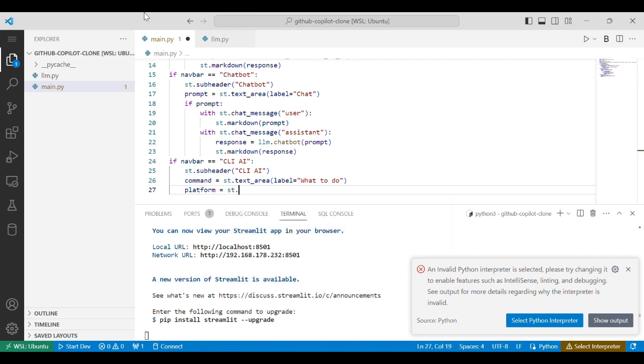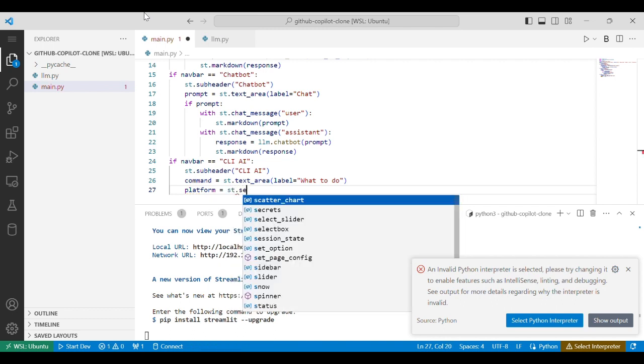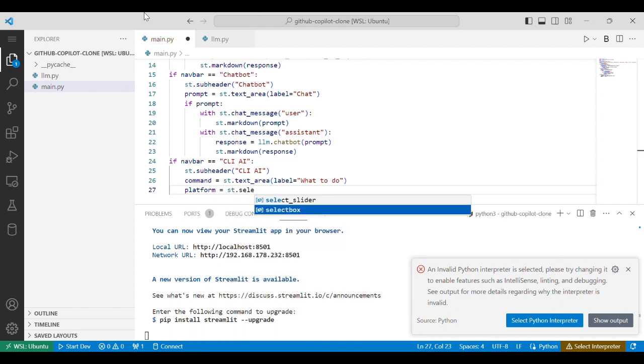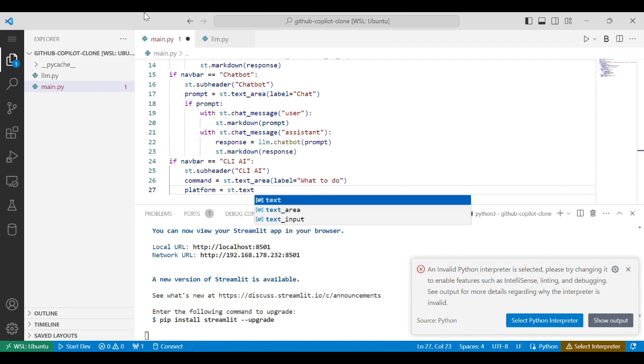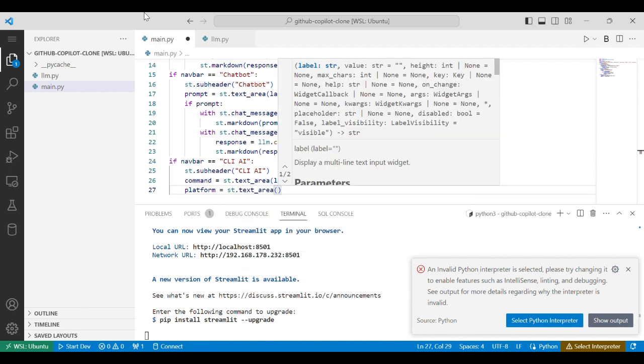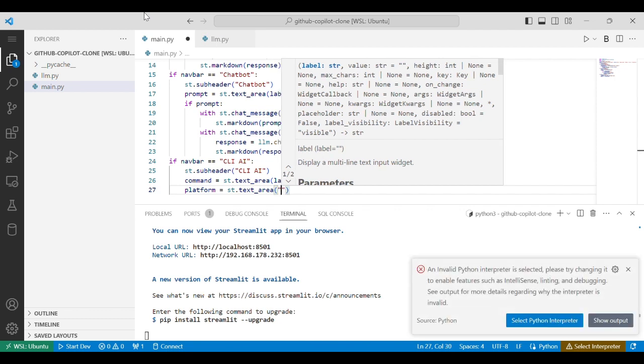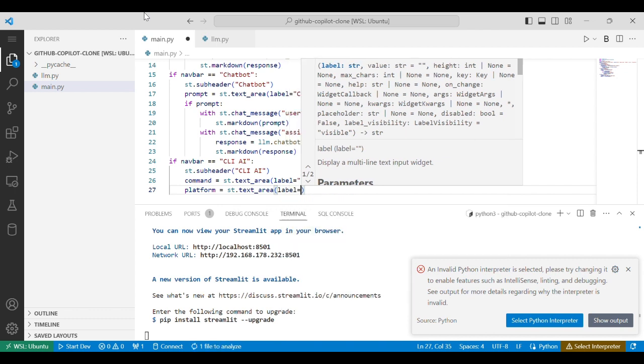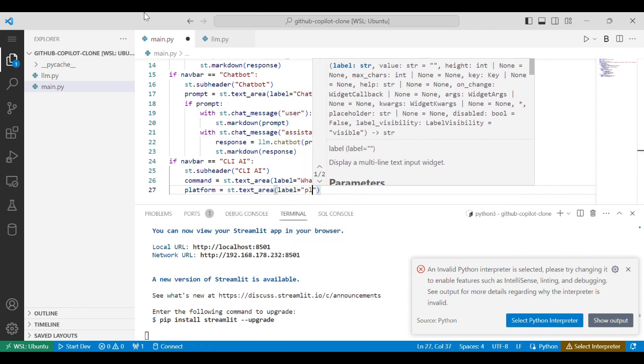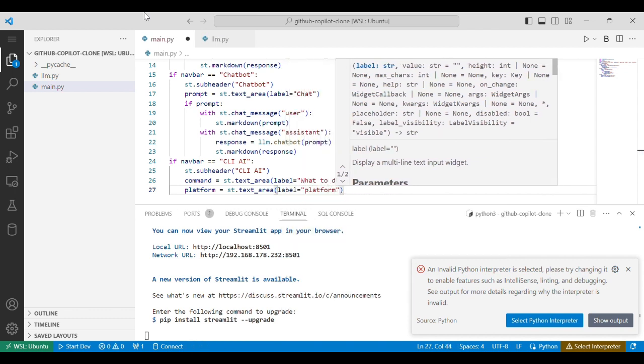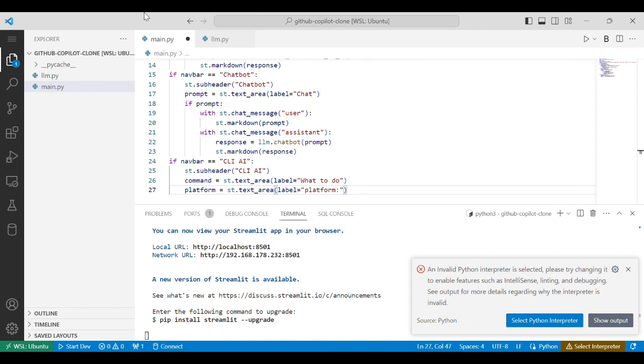is equal to st dot select box. Let's just use a select box, or let's just use the text area. Actually, this is the text area here, and then label is equal to platform. So we'll ask the platform, like on what, Linux, Bash, are you using PowerShell, are you using command prompt,